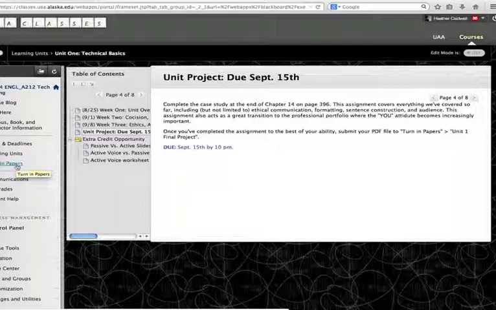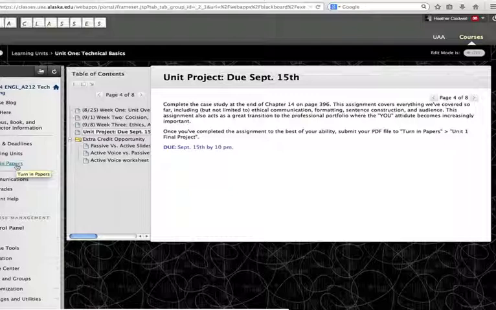Similar to the week 2 project of questions, it is not the most exciting assignment, which is why it's extra credit. The lesson, however, is very important. So you are still responsible for the lesson, even if you don't submit the work for the extra credit. And it's on active versus passive. When you go into turn in papers, there will also be a link there for that extra credit assignment. Again, I don't offer it at any other point in the semester, so if you want extra credit and you think you might want it at the end, now is the time to take advantage of this opportunity.